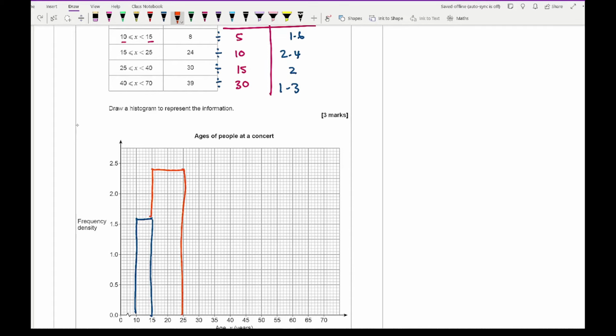Use a ruler. And then the next one, 25 to 40, is at 2. Finally, 1.3, so that's 40 to 40. Histogram should